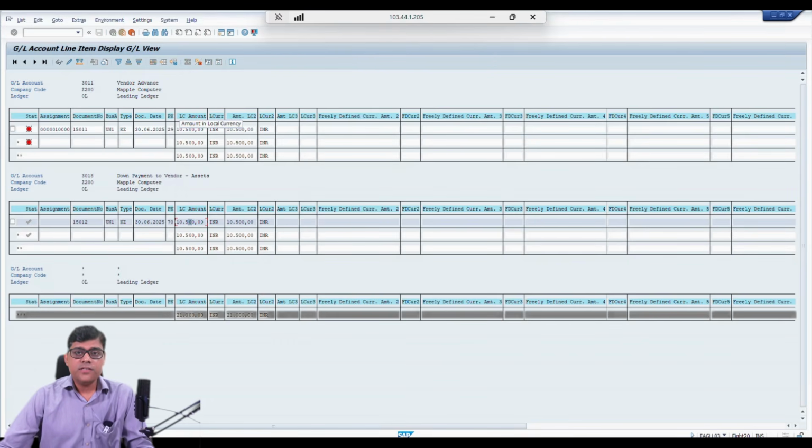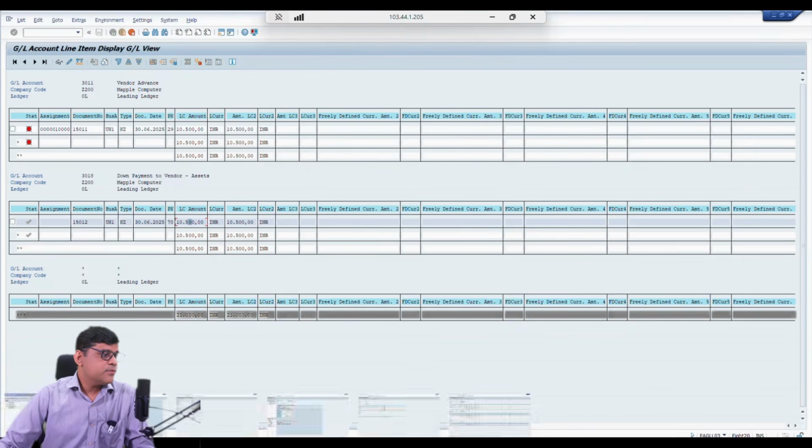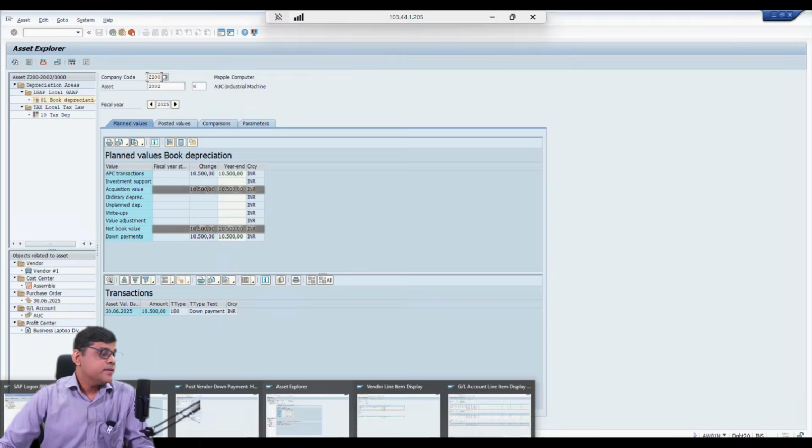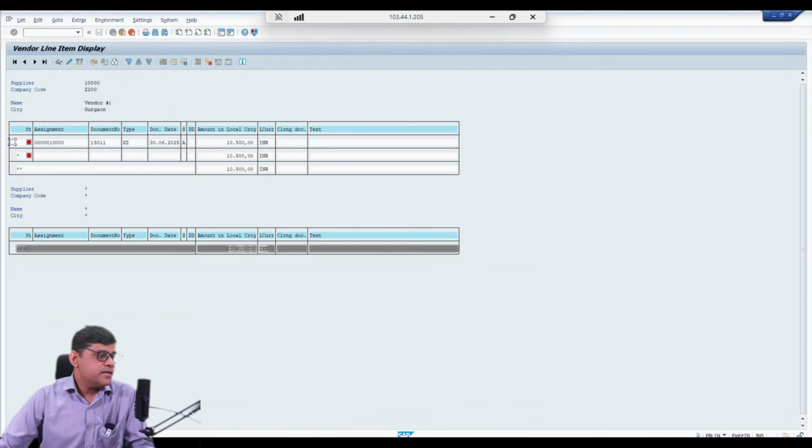So we have step number 3. We have created the purchase order. We have also processed the vendor advance. And now we have checked the books of accounts. All this reconciliation data updated, means reconciliation GL updated, and subledger data also updated. So we check the asset explorer. We check the supplier details, and we check the